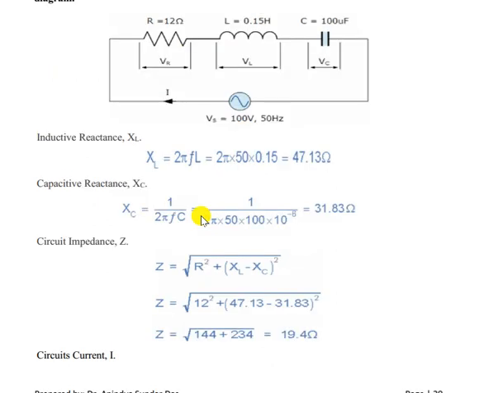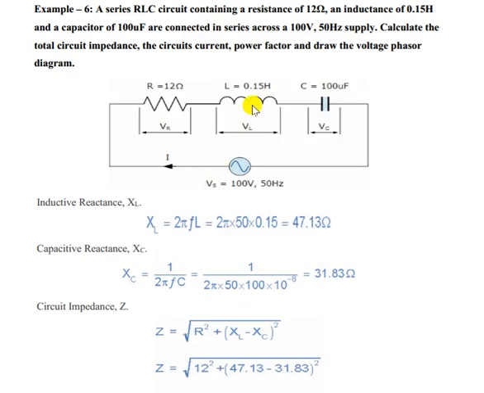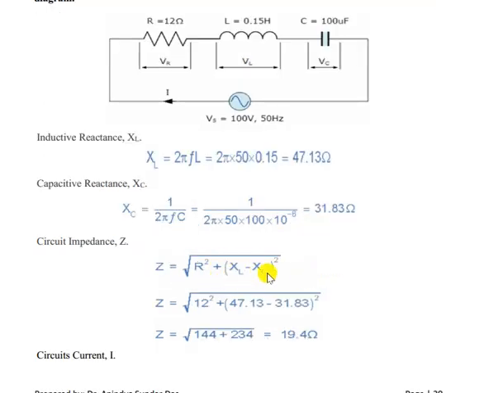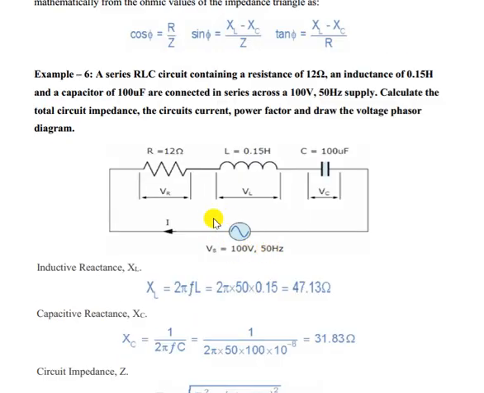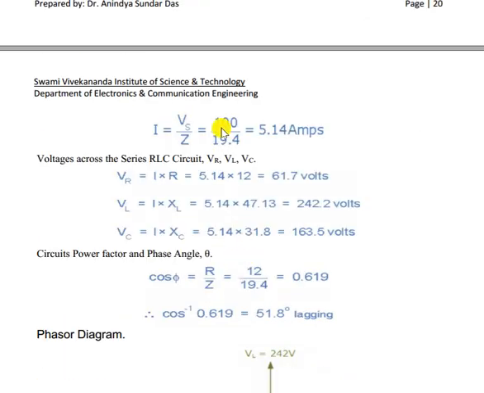Okay. Now XL is 2 pi F L, so we can find out L. 2 pi F is given, so we find XL and XC values, both in ohm. Now XL is greater than XC, so Z equals root over R square plus XL minus XC whole square. So we got the value of Z. Now I is nothing but Vs by Z. Vs is given as 100 volt, so 100 volt by Z amps, and this is in RMS. Okay. So VR, the voltage drop across resistance, will be I into R, VL is I into XL, VC is I into XC, and cos phi power factor will be R by Z.